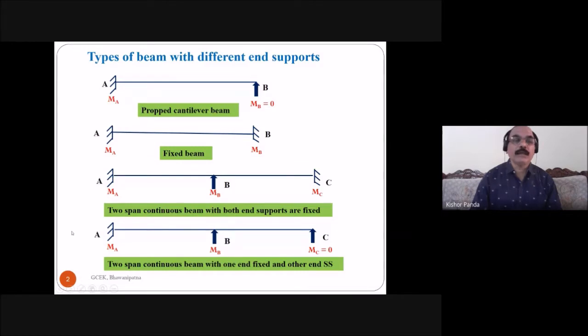Then you have to apply Clapeyron's theorem of three moments to the span A dash A and AB. So you will get one equation. Then you have to apply it to the span AB and BC. You will get another equation. Then after simplification of these two equations, you will find the unknown moments at A and B, MA and MB. So this is what we will discuss here today. I will solve one question, considering one end fixed and the other end simply supported.